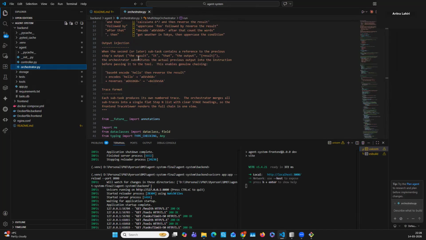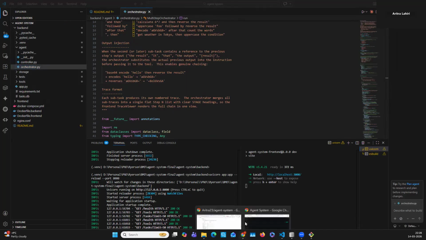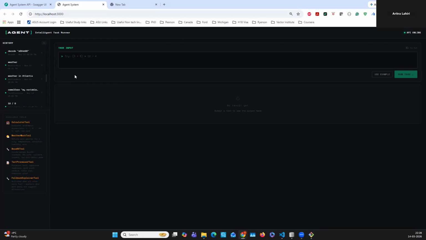And we have provided a trace format where each subtask produces its own numbered trace as well. So that's the basic structure of this. If you also follow through with the README files, I've provided some basic examples which we can try out. So let's go into our tool and see how